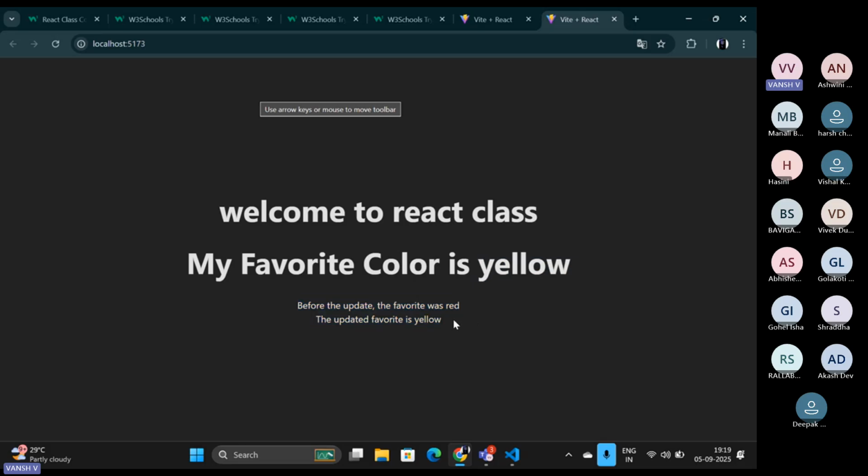What are the two things? Before the update, the favorite color was red. As you know, before the color was updated to yellow, it was red first. And after the update, the color is yellow. So this is the work of getSnapshotBeforeUpdate, that it will